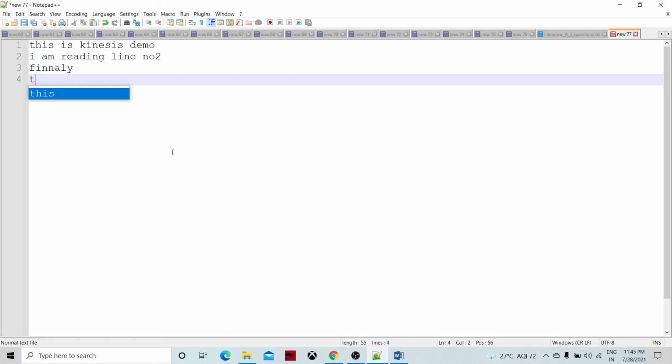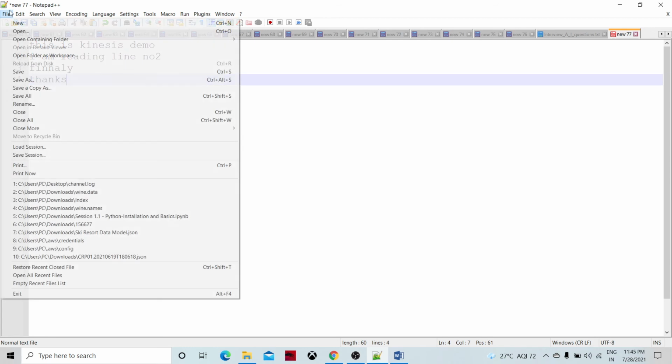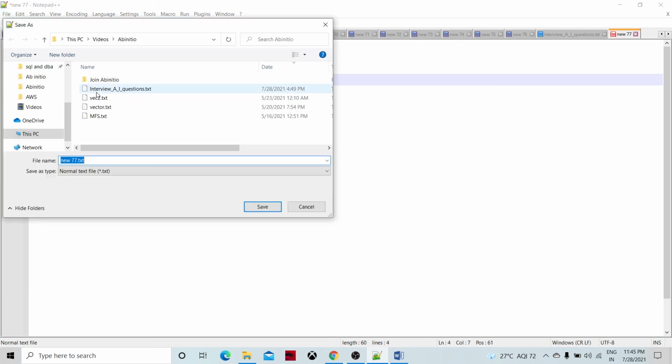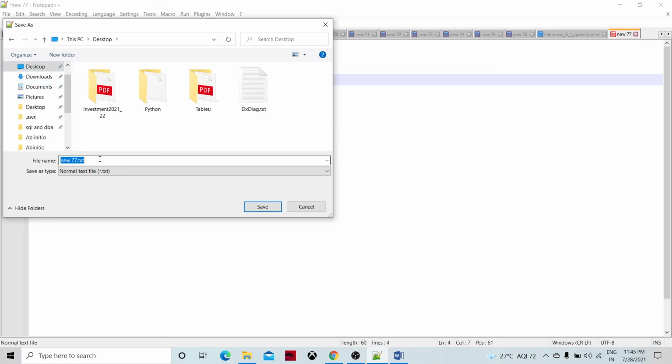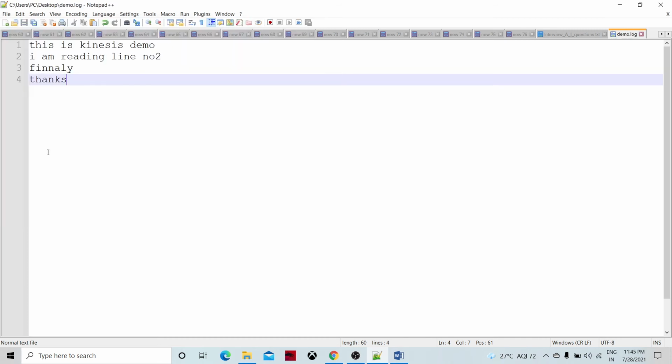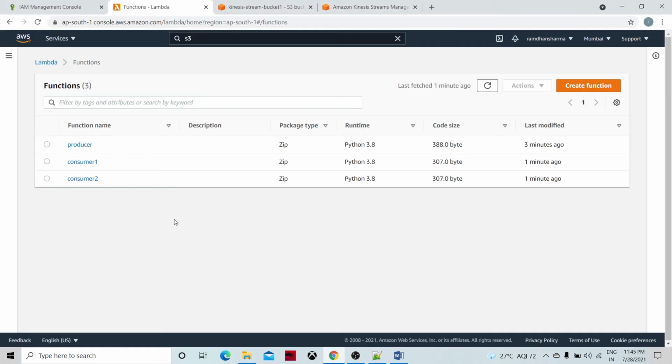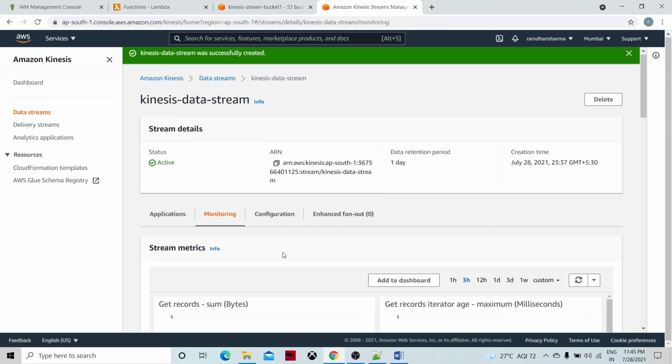Let's say this is my file, and I am saving it on the desktop as demo.log. Okay, the demo.log file.